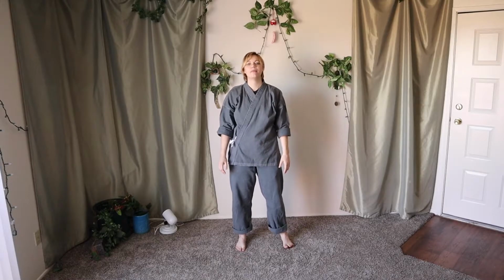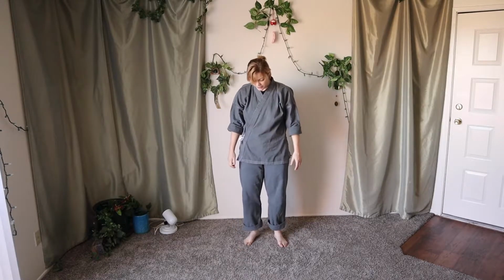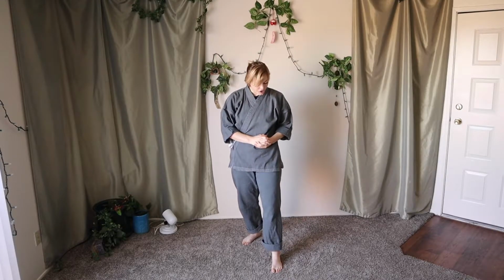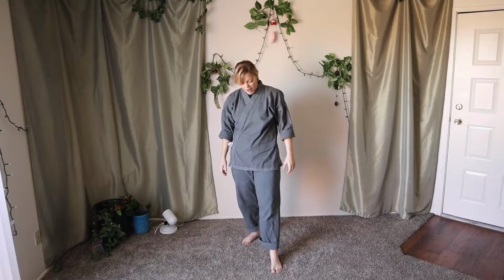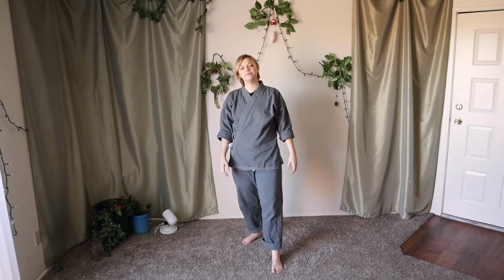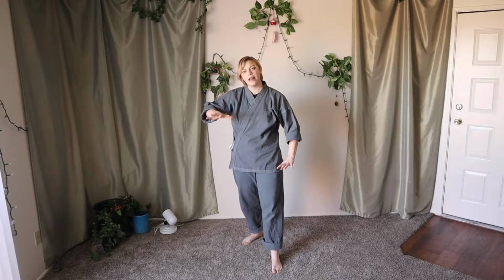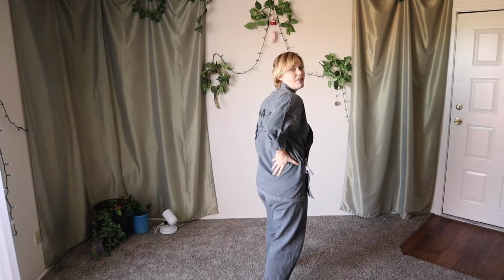Our second movement is called finding the key. So with this movement, we're going to have one foot forward and one foot back. I'll go ahead and let you mirror me with this one. So put your right foot forward, and we're going to place the opposite hand on our kidneys behind us, right here at the base of your